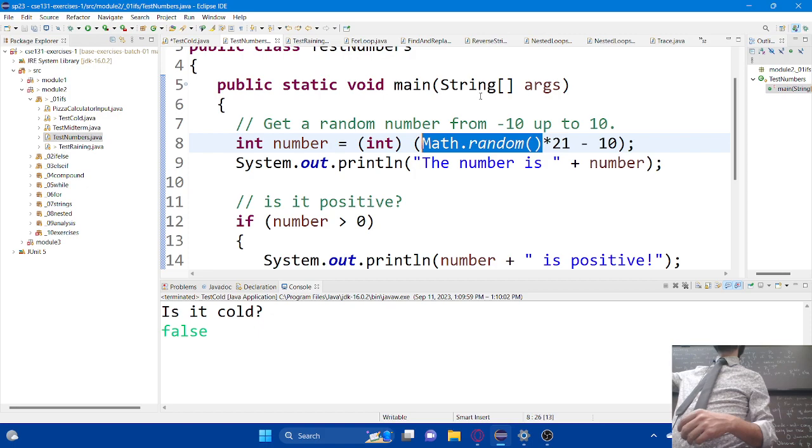Okay. So this will work if we run the program a few times. We'll see that it generates random values for us. The number is 9. 9 is positive. That's true. I agree. And we can keep doing this a few times. Hopefully we'll get some negative values eventually.